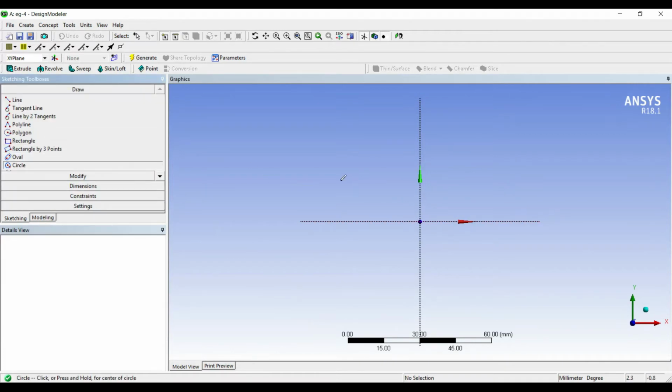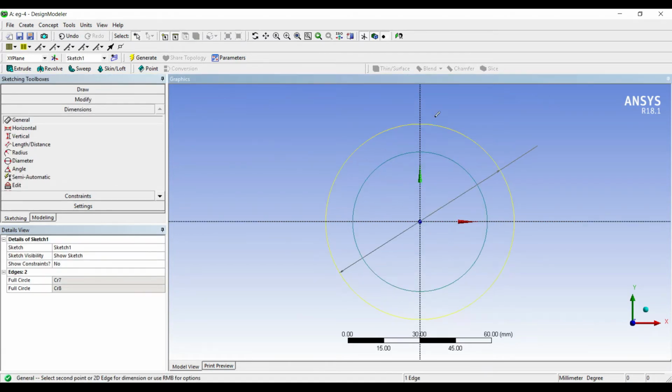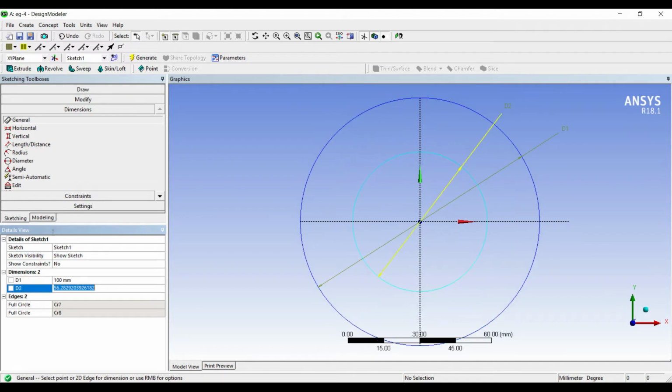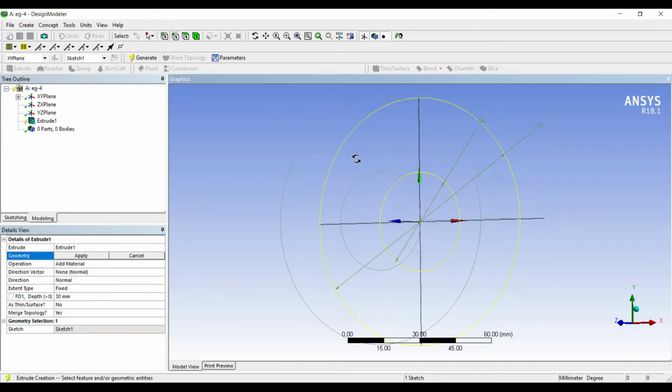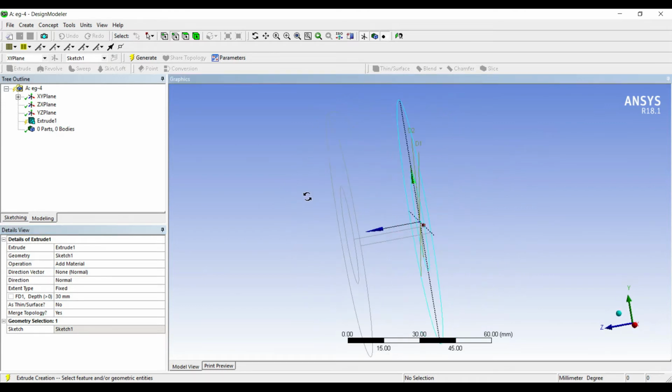I choose circle. I'll draw two circles. D1 is 100 and D2 is 40. I'll go to extrude. The depth of extrude is just written as per meter length. So I'll write this as 1000. Per meter means 1 meter, which is 1000 mm, and generate.